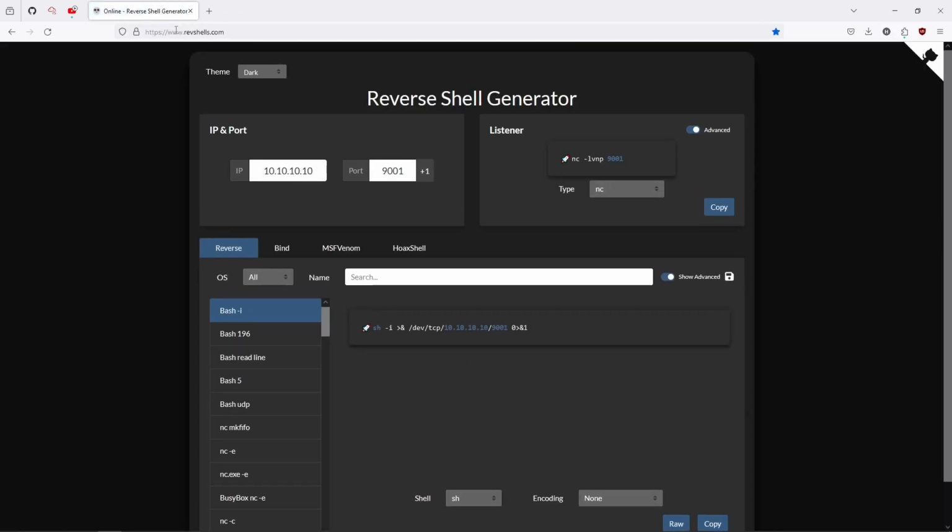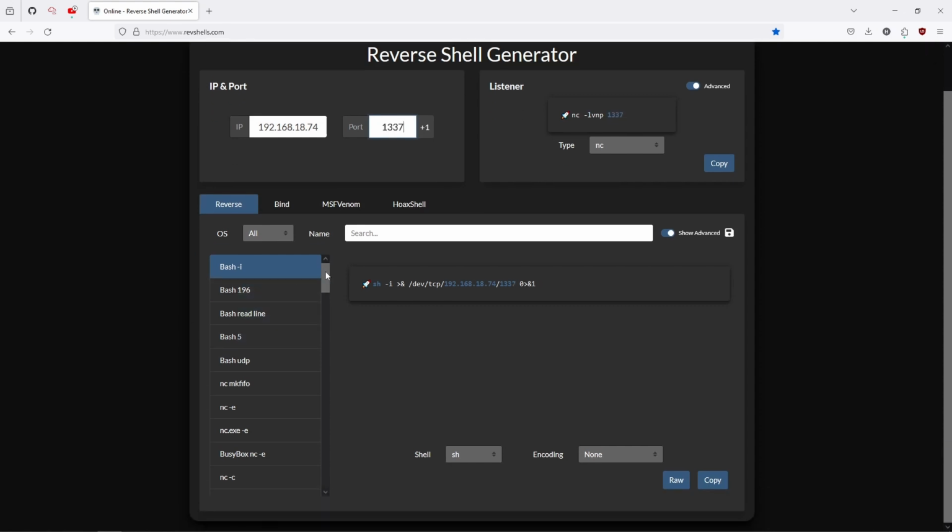Now this website provides a lot of reverse shells, so I'll give you an example. I'll paste my IP here, my port, the listening port, which was 1337. Okay, and now we've got a lot of options we can choose from. For example, the other computer I'm trying to connect to my computer has Netcat installed, so I can